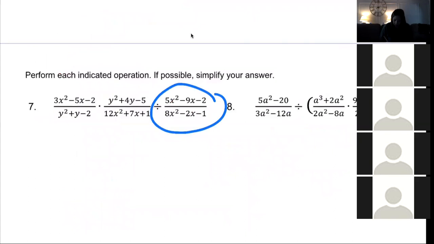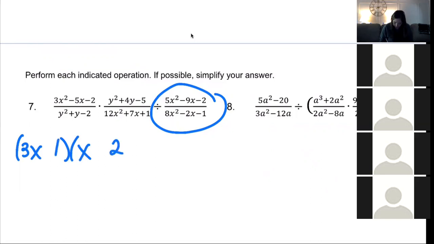So what I would start with is just trying to factor every single part first. I would start with the top left, which would be, let's see, 3x plus 1, x minus 2,